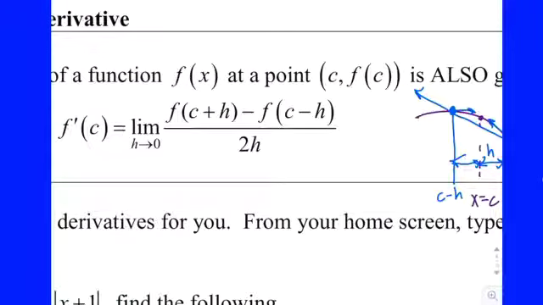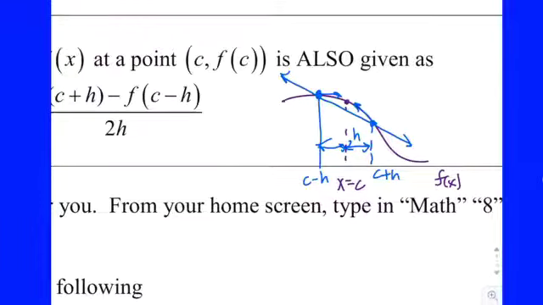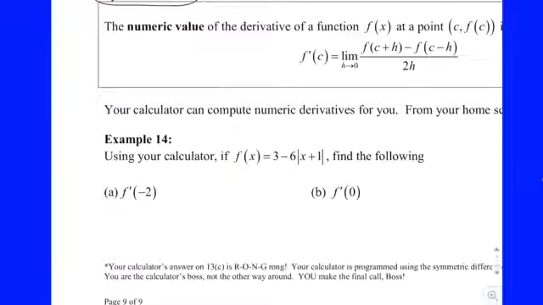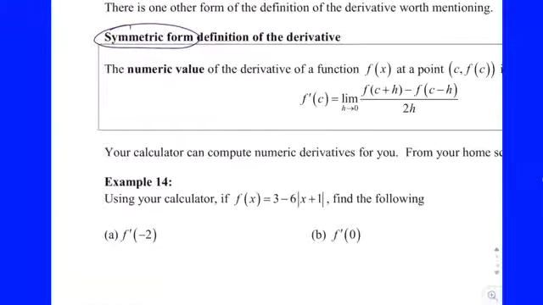So here's what the setup would look like. F prime of c is equal to the change in the y's, f of c plus h minus f of c minus h, all over 2h now, because the distance is h plus h. Now, you don't ever have to evaluate anything that way, but it's significant because this is how your calculator is programmed to find derivatives. I just showed you that your calculator can find a derivative value for you, dy dx. Your calculator is using this right here, all right? So let me show you